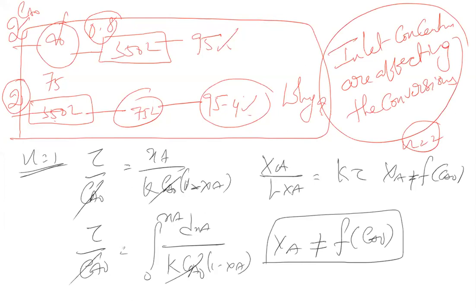For n equal to 1, the conversion is not a function of inlet concentration. Since you are doing a second order reaction, by interchanging the reactors you are changing the inlet concentrations, which is affecting the